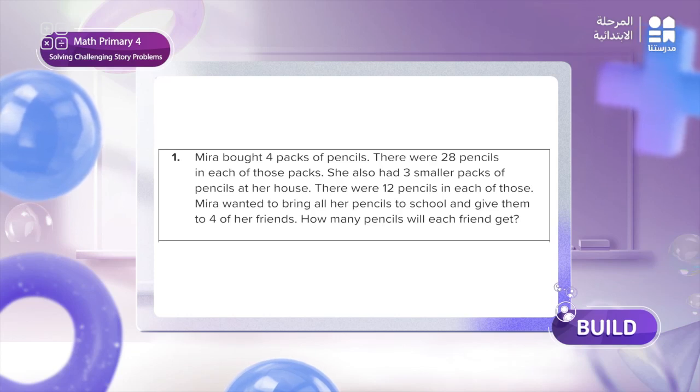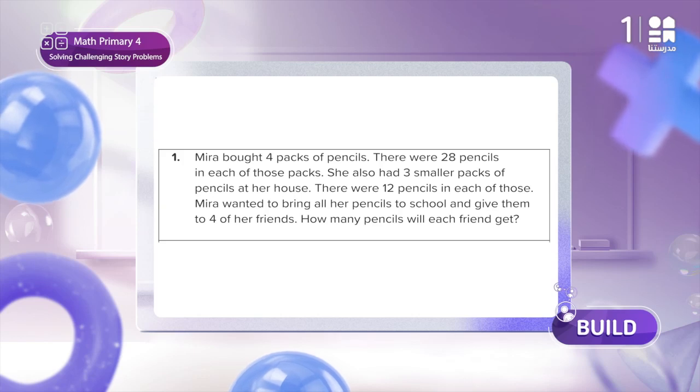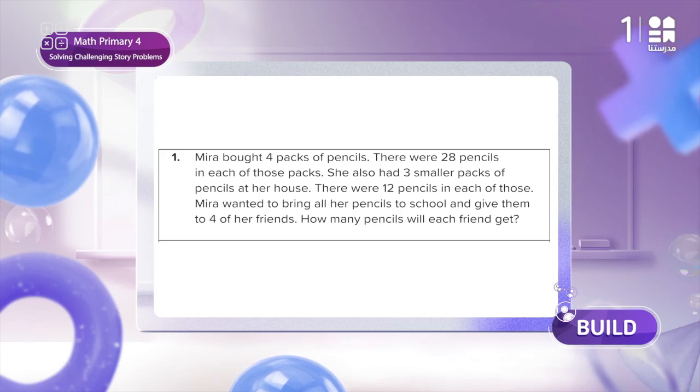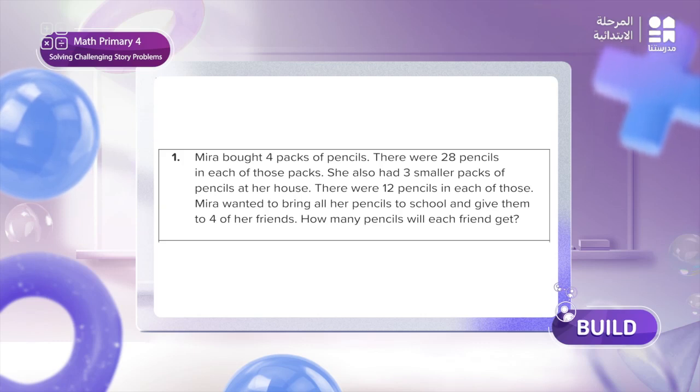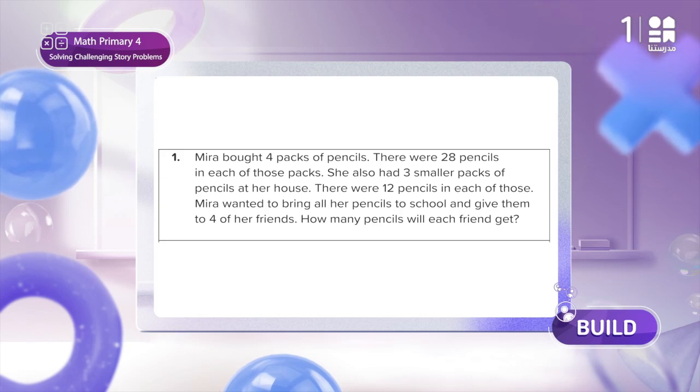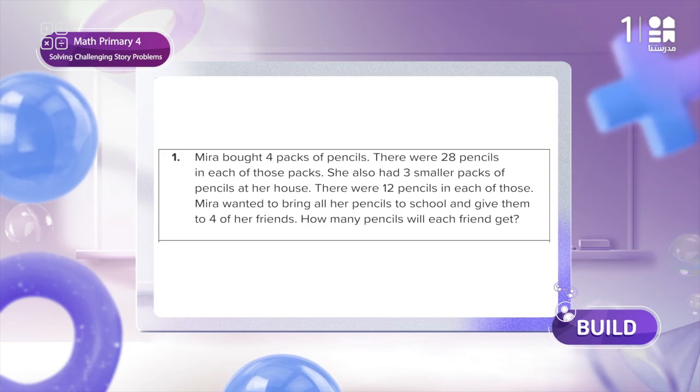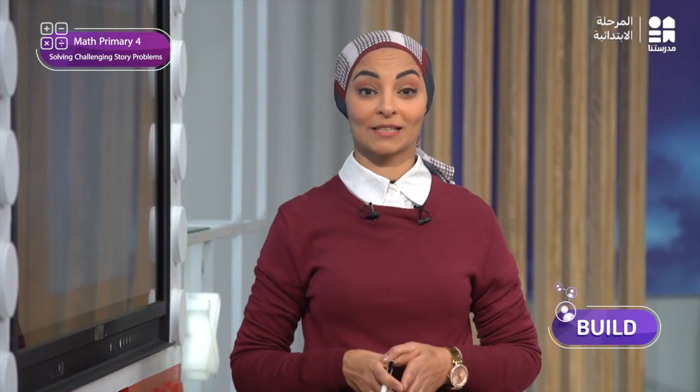Here the problem says that Mira bought 4 packs of pencils. There were 28 pencils in each of those packs. She also has 3 smaller packs of pencils at her house. There are 12 pencils in each of those. Okay, now Mira wanted to bring all her pencils to school and give them to 4 of her friends. What does the question ask? It says how many pencils will each friend get? How many pencils will each one get? Okay,